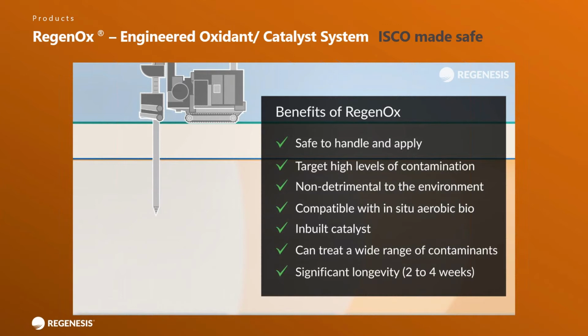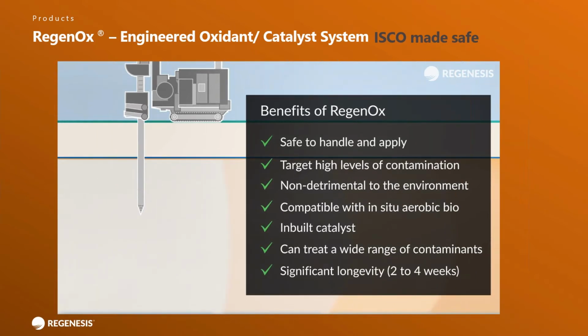It also has a significant longevity. So once injected into the subsurface, Regenox will continue to be active for up to 4 weeks. So unlike commodity oxidants, where you could be expecting a week to days of reactivity, once in the subsurface, it will be active for up to 4 weeks. What this means is you get better treatment. Chemical oxidation as a process depends on contact. The oxidant and the contaminant must make contact with each other in order for that chemical oxidation reaction to occur. So if you have something persistent in the subsurface, you're more likely to yield